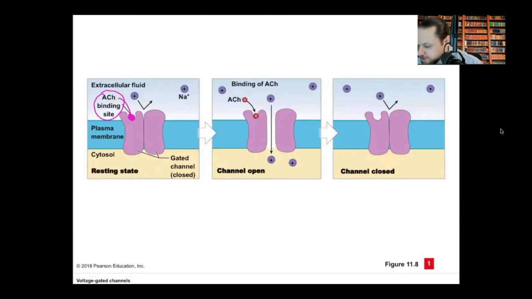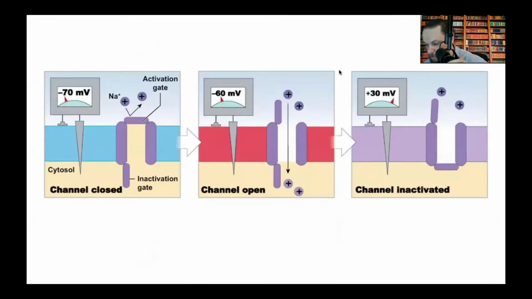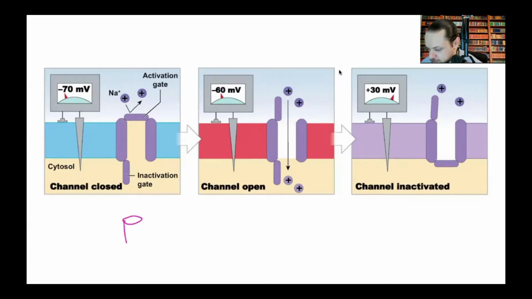Nicotinic receptor. Yes. So here, the voltage-gated channels, what's so specific about them, and you want to keep in mind for the cardiac chapter, is that the voltage-gated ones have two gates, right? So I was drawing it like this. There's an activation gate here, and an inactivation gate here. It's two gates. If one gate remains closed, even though the other one is open, the channel is inactive, meaning